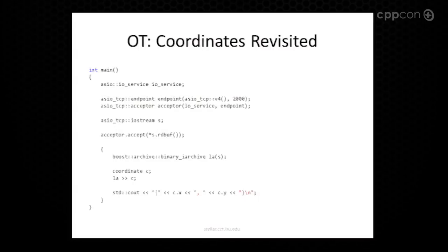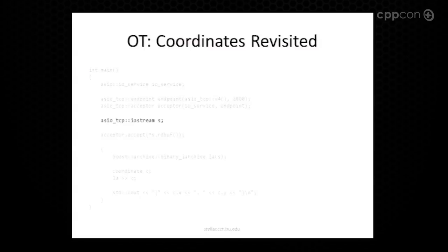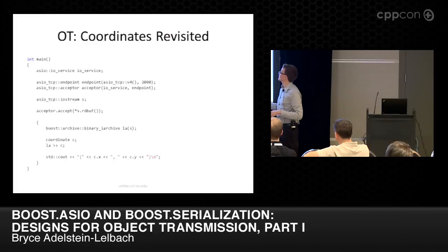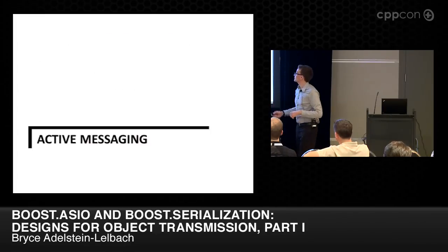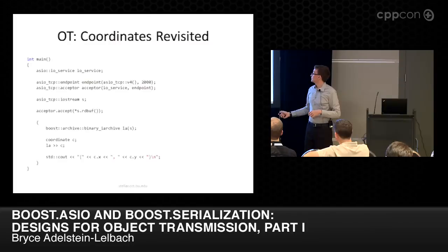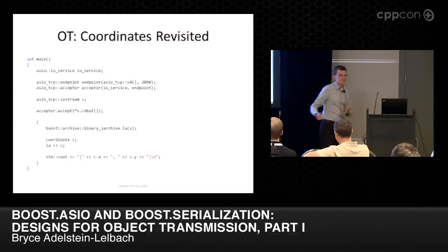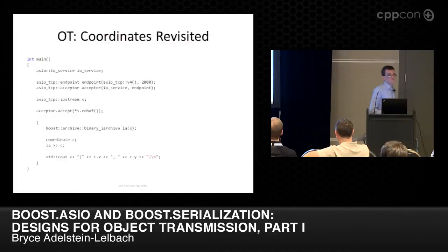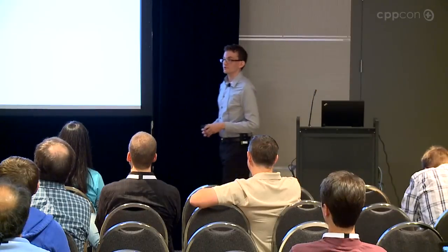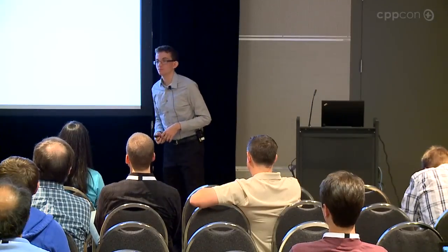So this is what the server-side code looks like. It's a little bit more. There's no Asio IO stream for the server side. We've talked a little bit about this. Okay, we do have this one here for doing the accept. We've got it accepting from the client, and here's the loading. And again, very simple. This is our most basic example of object transmission. If I was to do this with something else, it gets a lot larger. I'd have to deal with a lot more things. This is nice because it's very simple. I don't have to worry about the networking stuff.